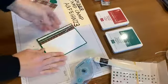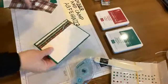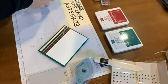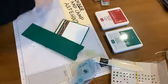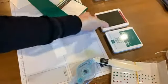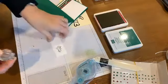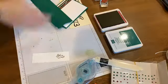the stitch shaped dies. Okay, so we have that so far. And with this, I wanted to coordinate a stitch circle with the shaded spruce, which is the same color as the background. And then I'm just going to take a little piece here and stamp with Cherry Cobbler, the little Joy to the World. I love the font of this for the holiday season. So I'm just going to stamp out that Joy to the World,